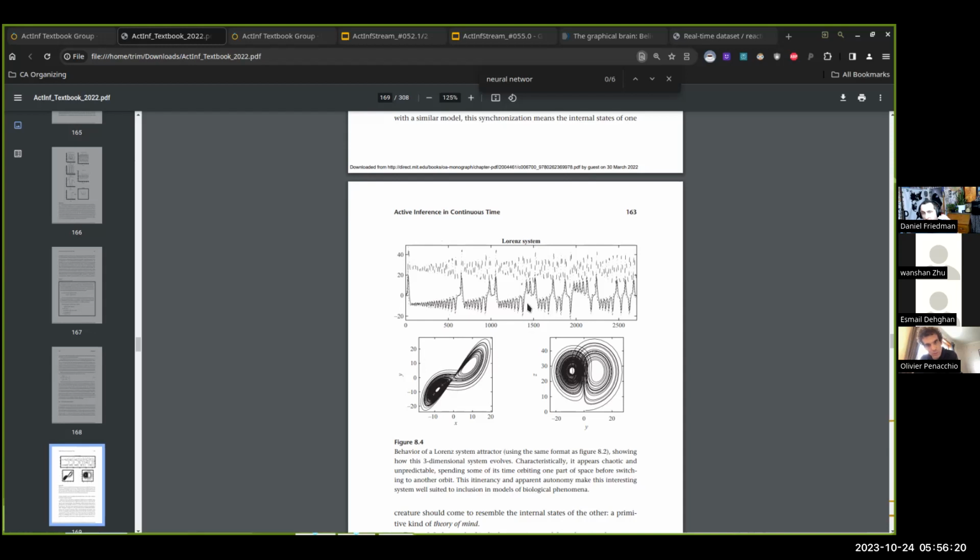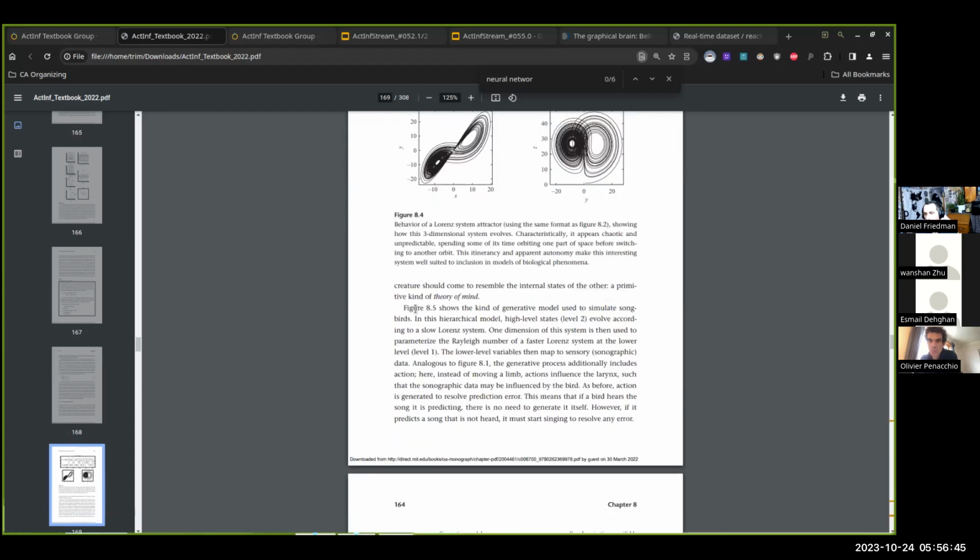Is it hard to fit chaotic processes in real life? Yes, probably. But take the example of the two birds singing, where their turn taking is described by spiraling on one side of the Lorenz attractor, and then a flip into the other side of the attractor, which describes the turn taking and the generalized synchrony well.